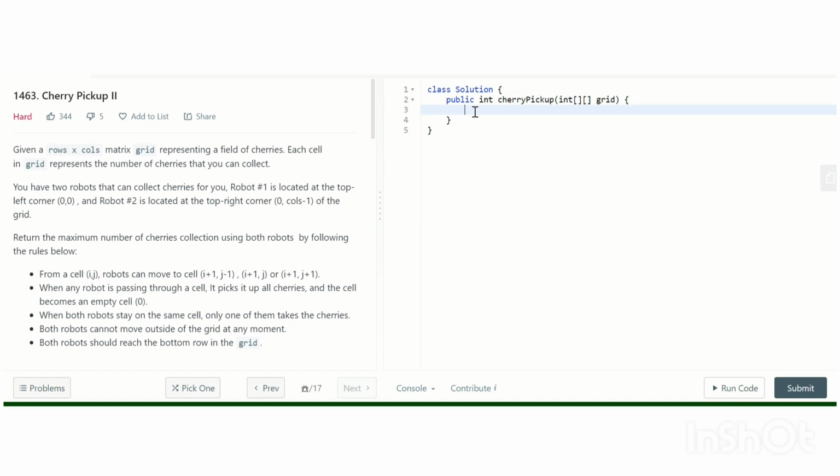So first I will need to find row equal to grid.length and column equal to grid[0].length. Let's create a 3D array dp, or you can say memo, and we can initialize it.